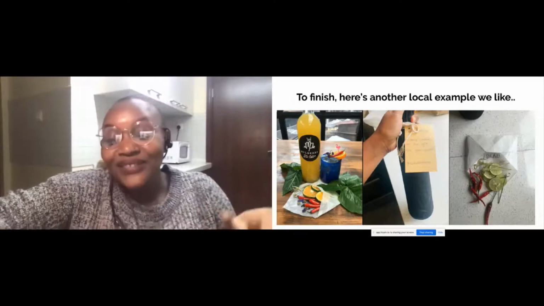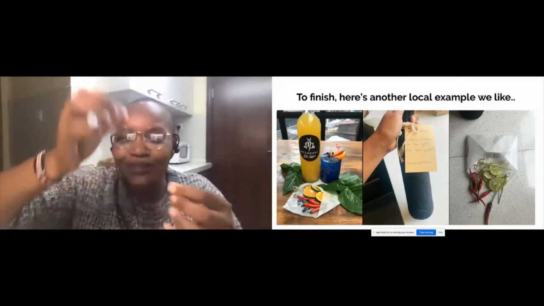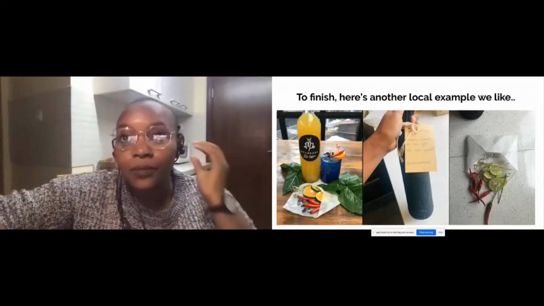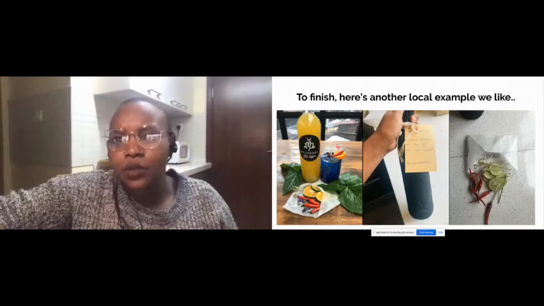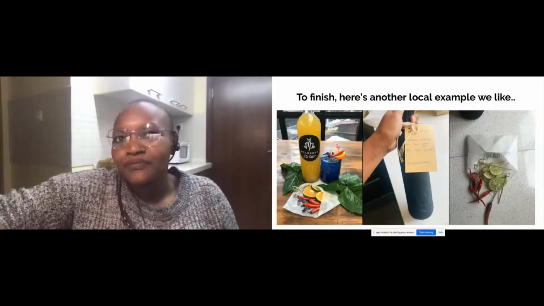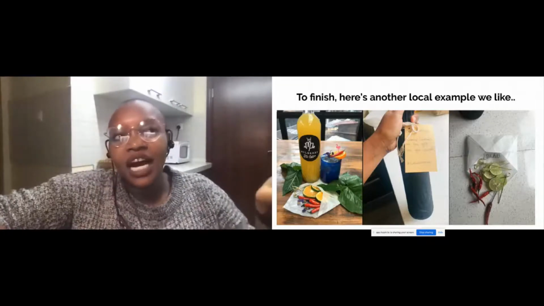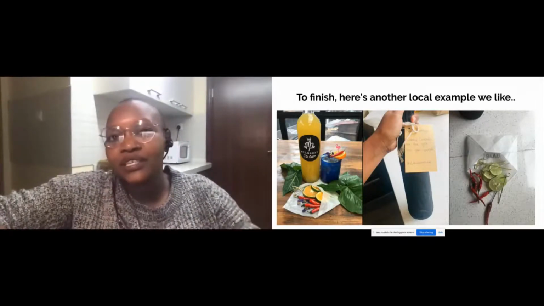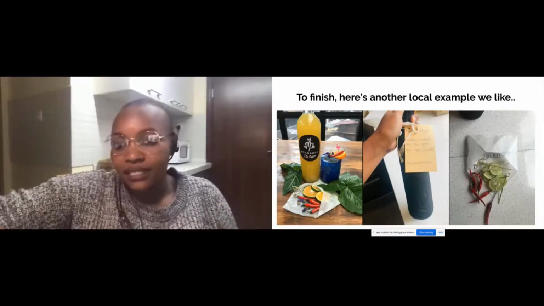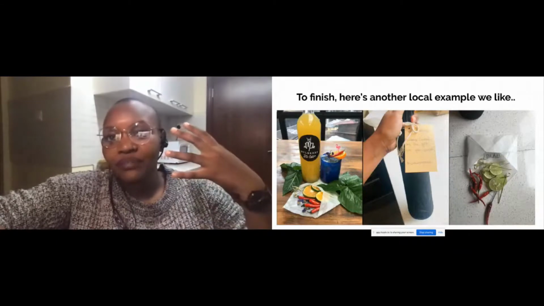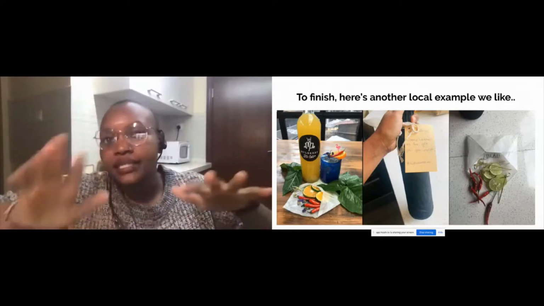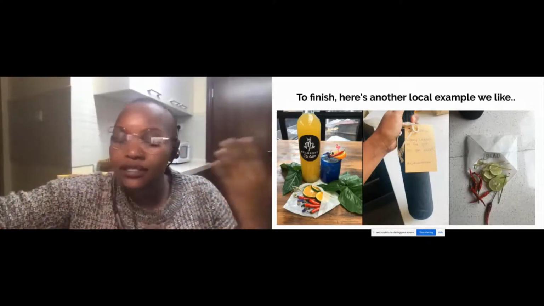So to finish, here's another local example that we like. In Nairobi before COVID, on a Thursday evening, Friday evening, you would just pick up your friends, go to a spot like the Alchemist in Westlands, and you just have a drink or something. So at the Alchemist, there's this service, Mulberry Cocktails. And what's happening is that since no one's going to the clubs anymore, no one's going to hang out and stuff, they decided to bring this service to our homes. So they created Mulberry to Go, another example of how you could innovate for your business around this time.